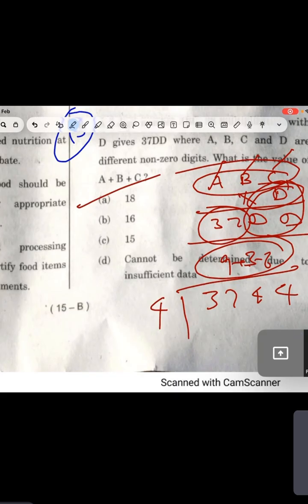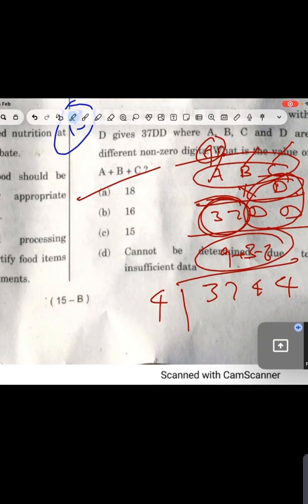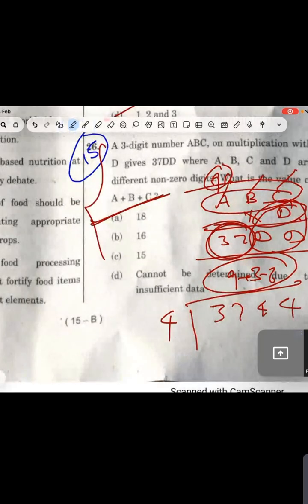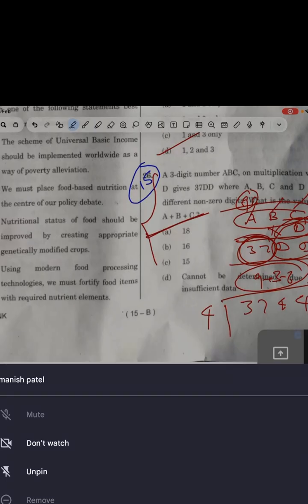This is the answer. So guys, here is the catch. Don't put value here because D value cannot be less than 3. Even if you take the value of A as 9, 9 times 3 is 27, 7 is there only, but here it is 37. It means we have to go beyond 30. So beyond 30 we have to go at least 4 actually. I don't know, okay, more than 4, but at least 4 is needed. So I have put it and I have got the answer. I think this is the easiest question. Yes. Any doubt here?